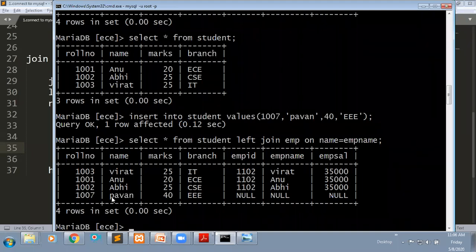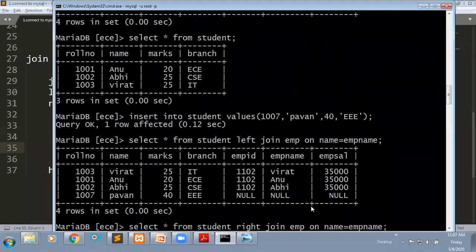In the fourth row, in this employee table there is no match with that name, the name Power. In that case, it will give a null value. Left join means the left side table will retrieve total data, and on the right side it will give values, and if a match is not found, it will give null.